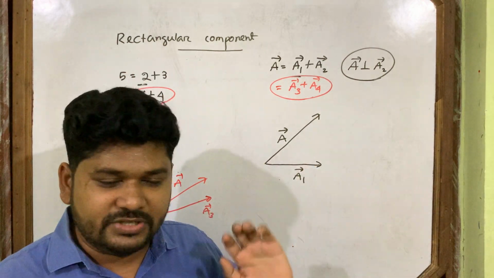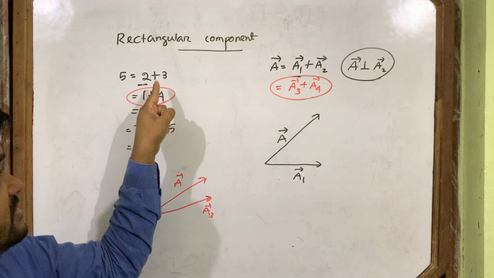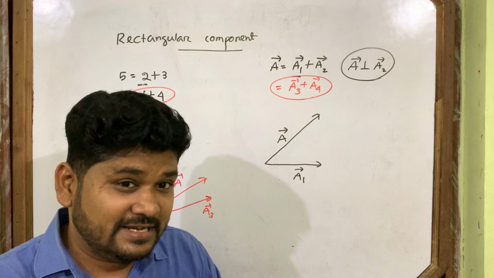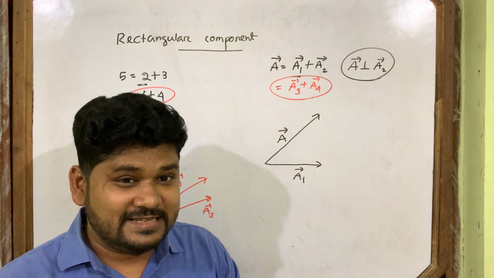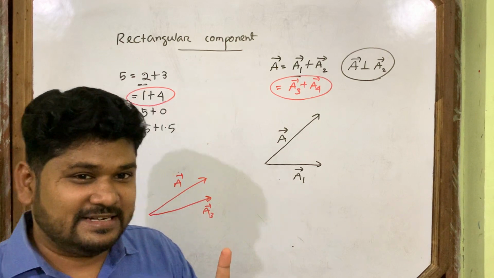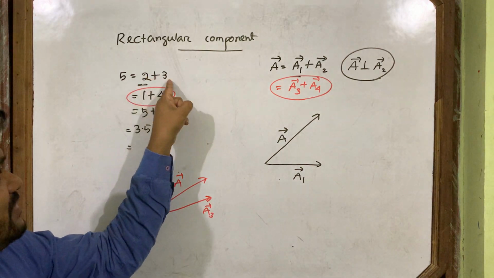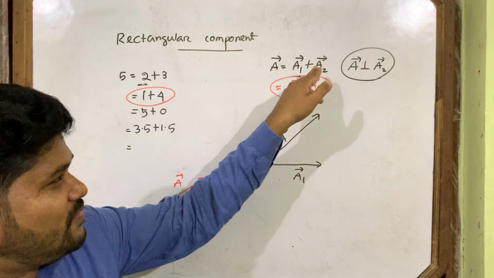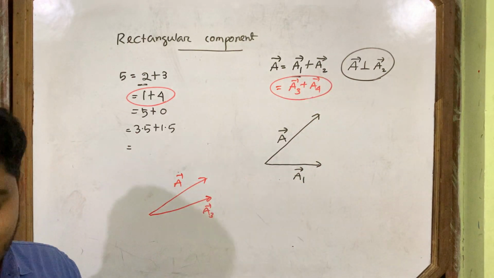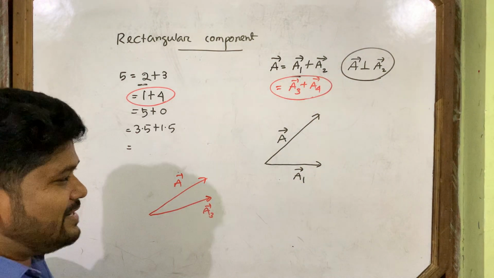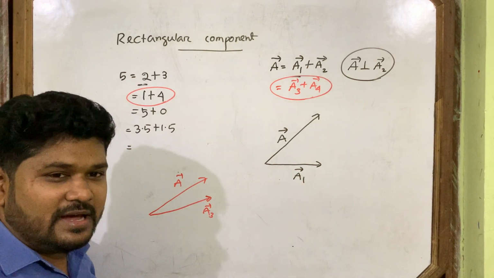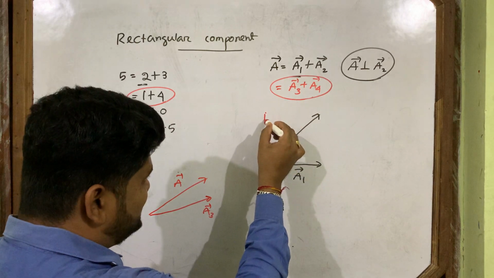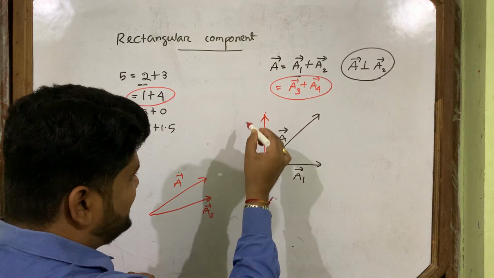I choose in this direction. But while choosing the second one, did you choose it randomly? No. That one is now restricted. If this is a1, this has to be a2. Similarly, if this is a1, so what is a2? a2 has to be perpendicular to a1. See, it has to be perpendicular to a1. This is a2.